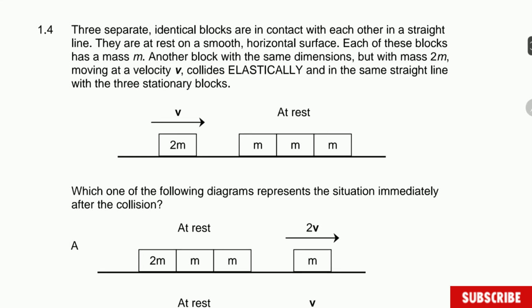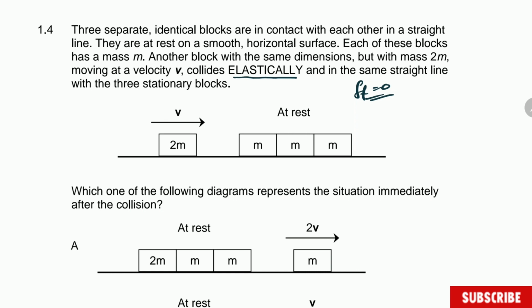Question 1.4 says, three separated identical blocks are in contact with each other in a straight line. They are at rest on a smooth horizontal surface, so there is no friction here, guys. Each of these blocks has a mass of m. Another block with the same dimensions but with a mass 2m, moving with velocity v, collides elastically